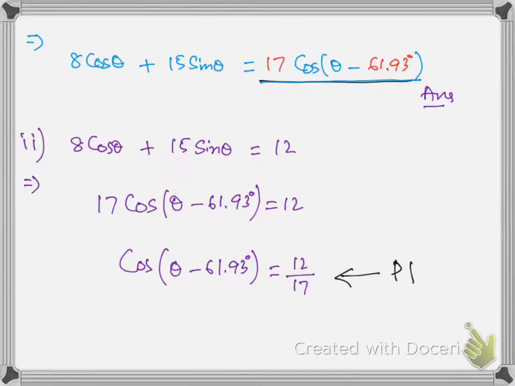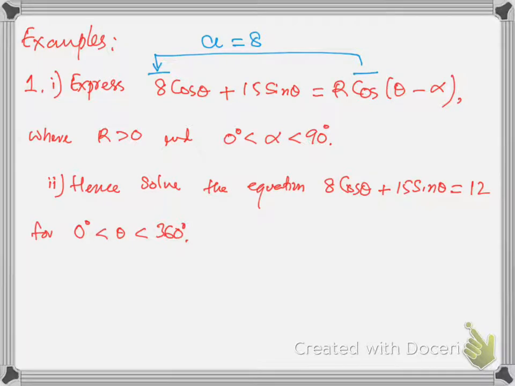Now let me discuss part 2. Hence solve this equation. And this is the logic of expressing this form into this form. If we won't express this thing into this form, we won't be able to solve this equation, this one. Why? Because the powers of both sine and cos is 1. So it's impossible to solve this equation unless we express this form into this form. So that is why we have this restriction here in the question, hence solve the equation. The word hence means use the result of the previous part.